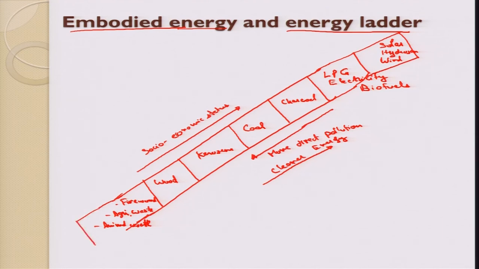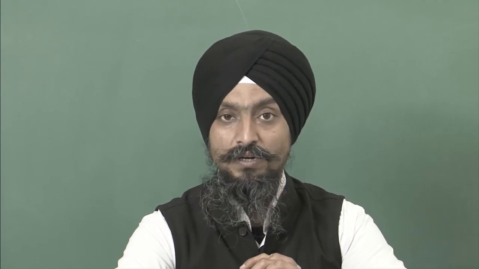I'd like to let you know that there are certain kinds of power plants: thermal power plant, nuclear power plant, the hydel power plants. The energy produced from thermal power plants, because coal is used here, is of low quality with respect to the energy ladder, because coal is on the lower side of the energy ladder. If it is a hydel power plant, only the water flow is used to run the turbines, the pressure of water, so the quality of energy is better. And if it is a nuclear power plant, the energy produced is much better.